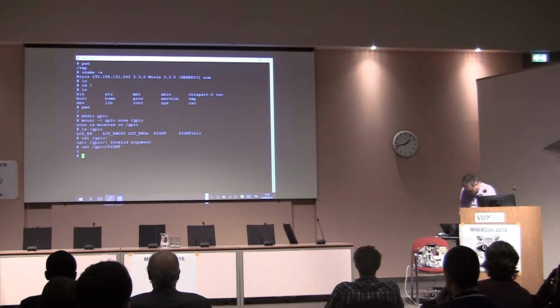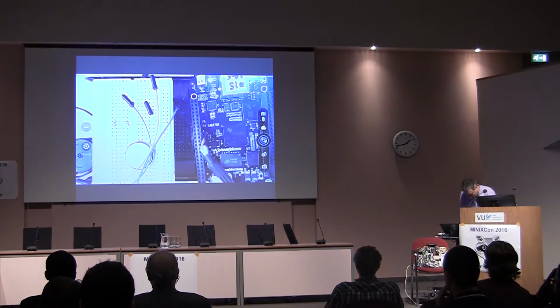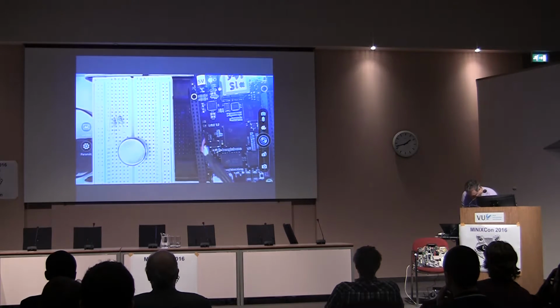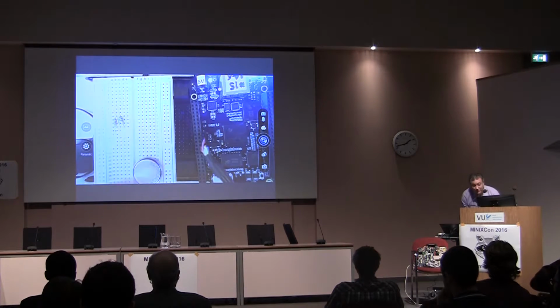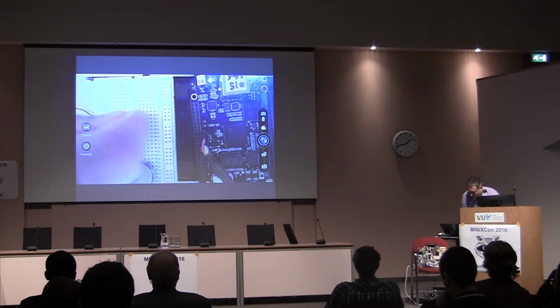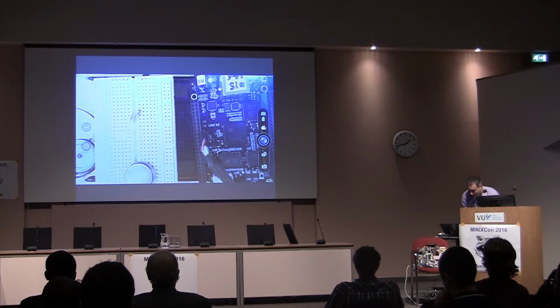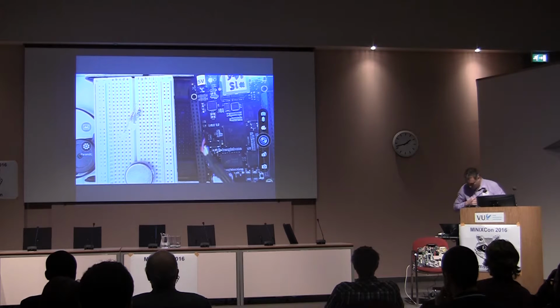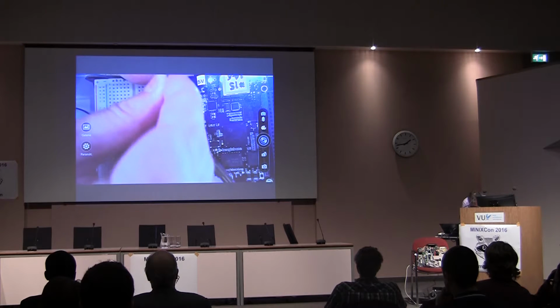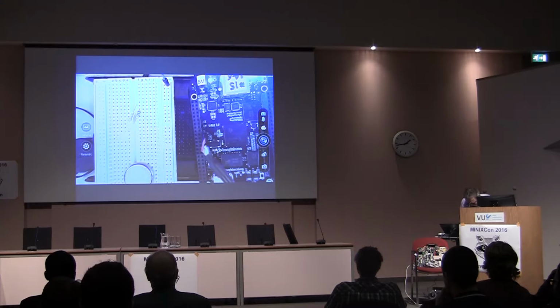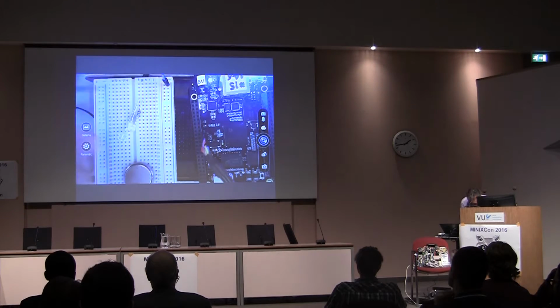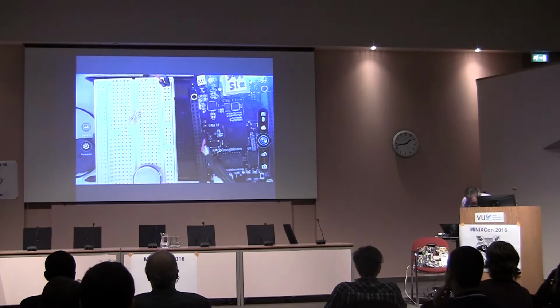I'm going to connect that now so that we can see. And I'll do this as fast as I can. We're going to connect that to a breadboard, right? And that's a standard battery, the same kind you have in your watch, a 3.3 volt. There are a couple LEDs. I'm going to take this off because that's causing a lot of glare. Okay, and now, let's see if I can do this. I'm going to connect pins to the voltage rails. A little electrical engineering here on the fly.